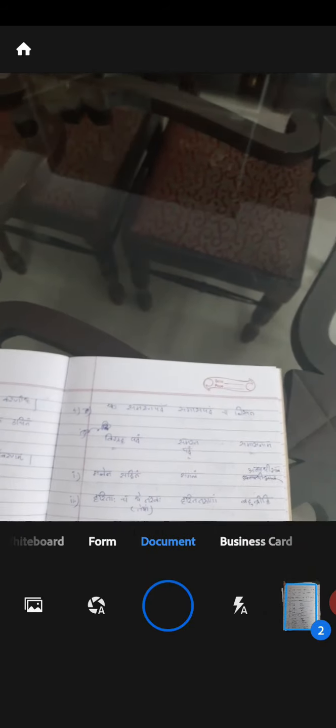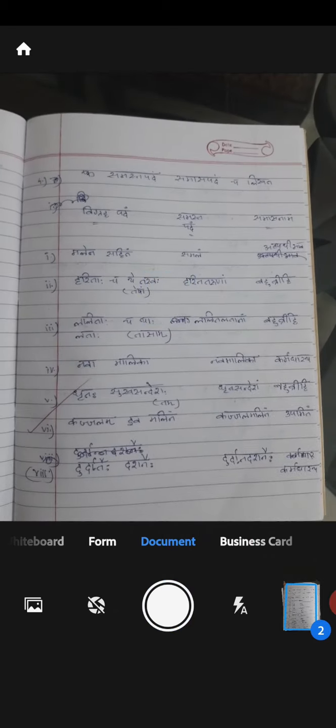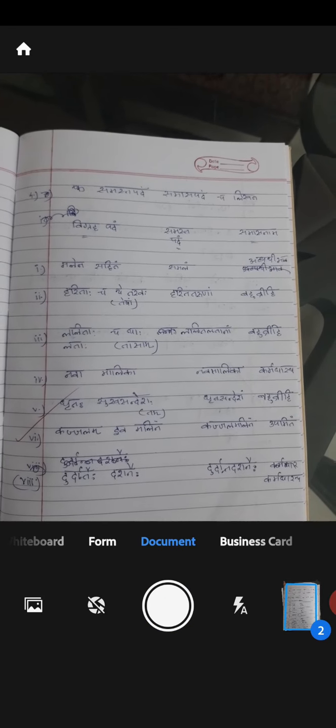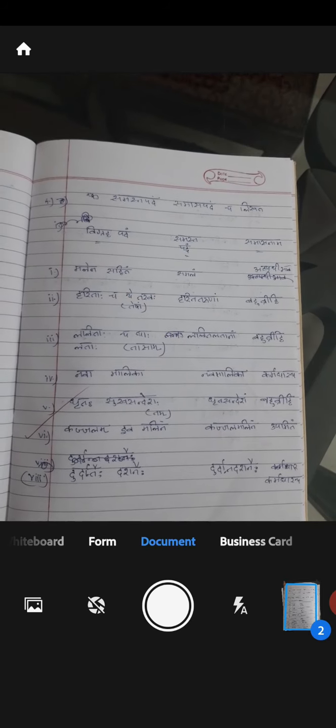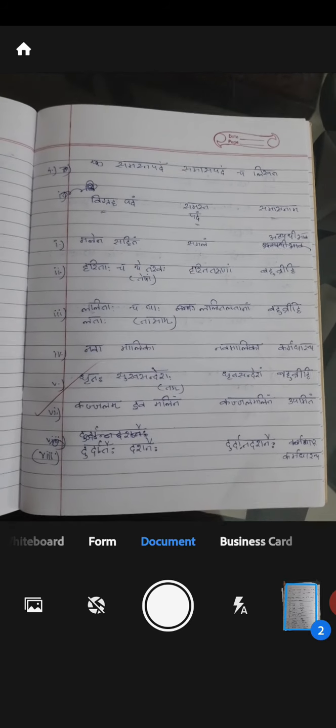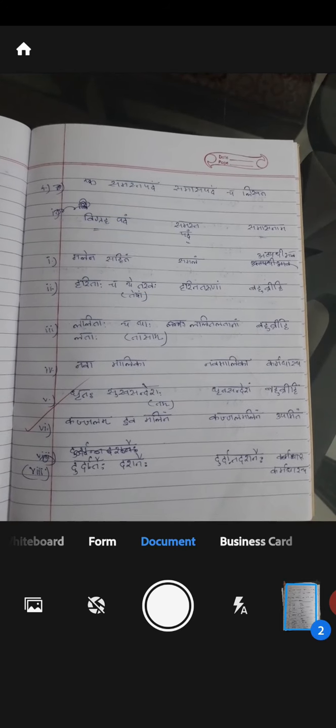Now I turn off this automatic option. So now it is adjusting. See, when the letter on the page is not clear, you touch the screen. After some time it will be focused. If it is not clear, you touch, then it will be focused.